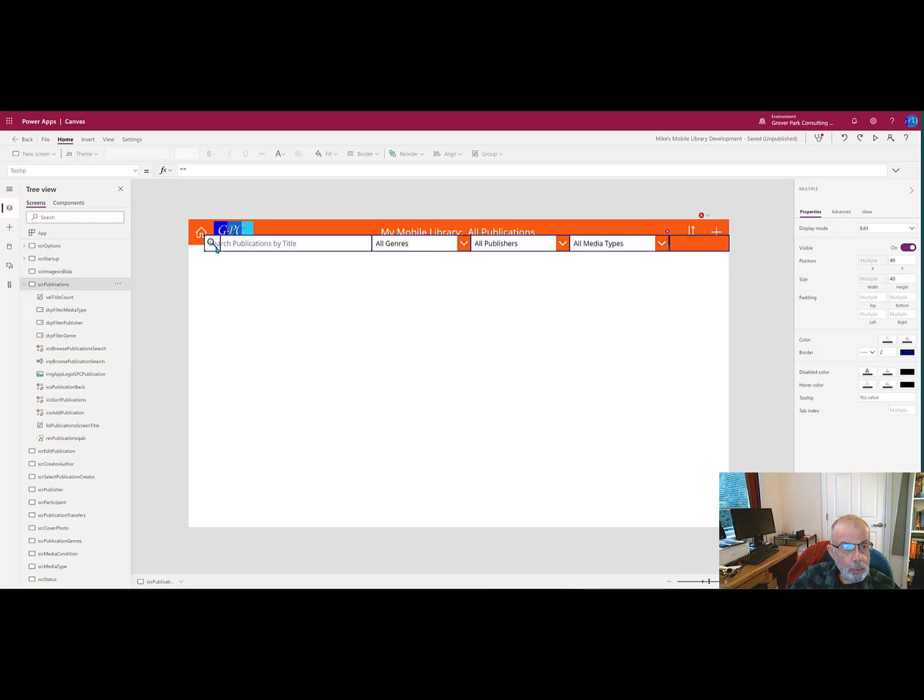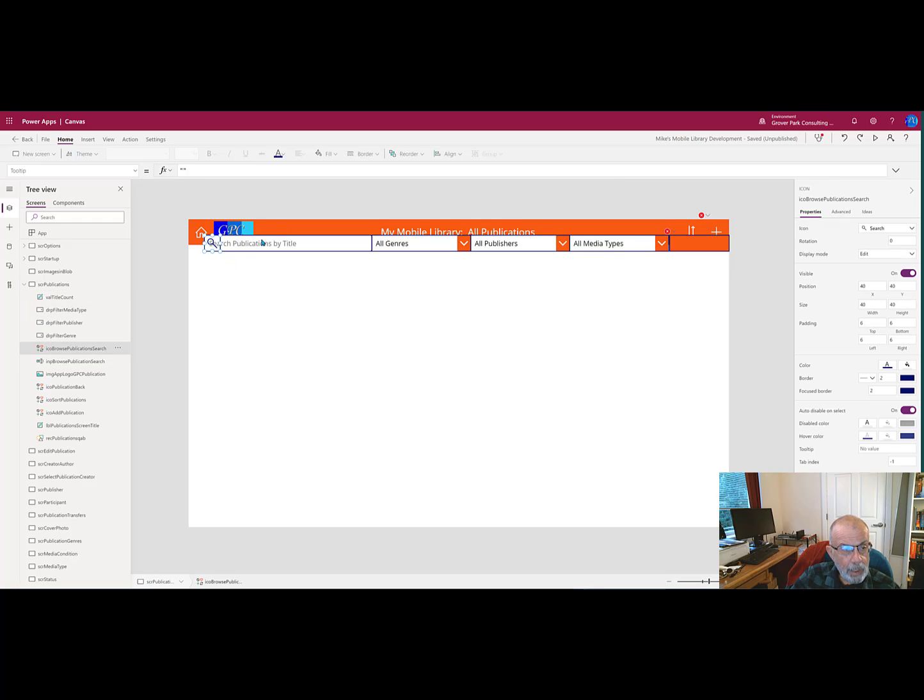I'll do that in the same way that we set up our header. I've selected the icon for the search publications, and I'm going to set it using the X and Y coordinates and the height of the header. I want to set it so that it is at 0 X, immediately moves over there, and I'm going to set it so that the Y position is the height of the header, which is